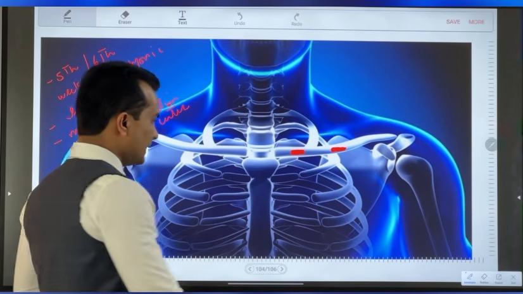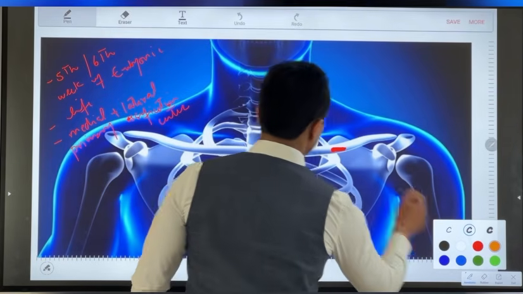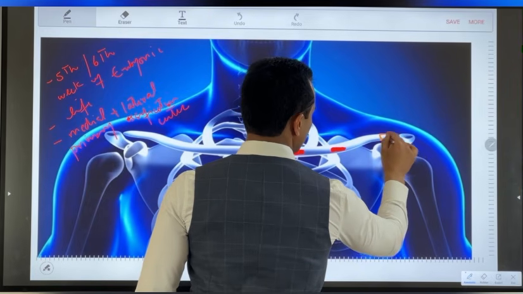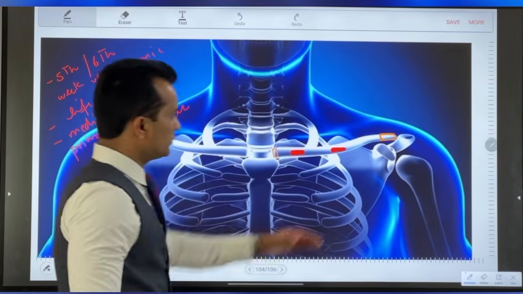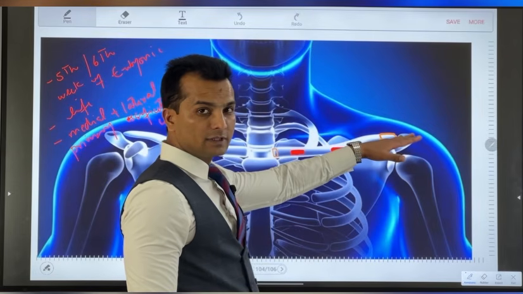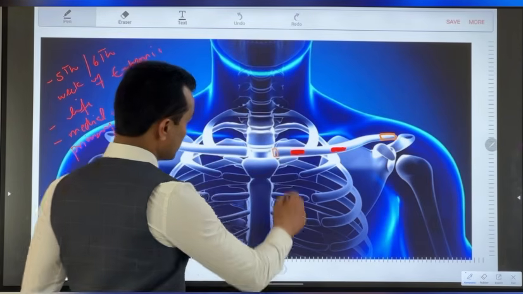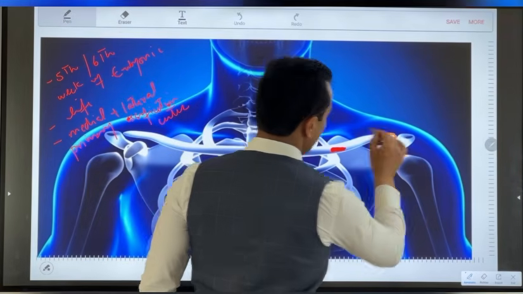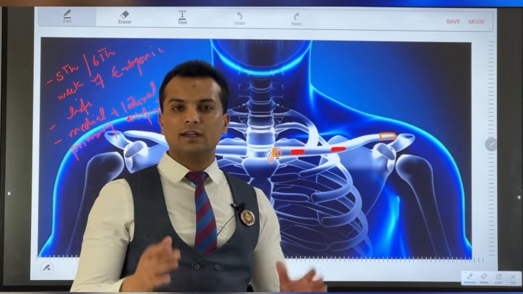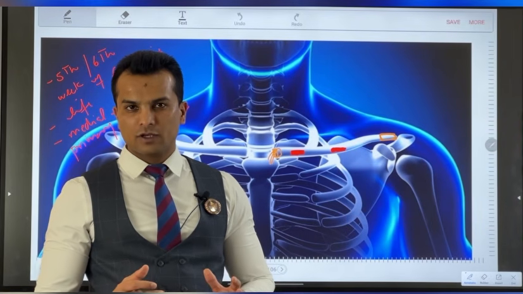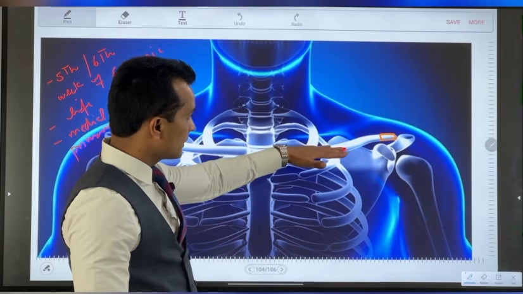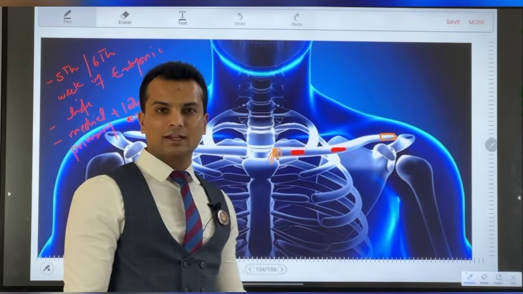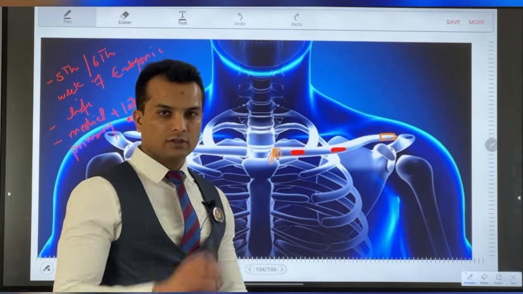The next thing, the ends of the clavicle, whether this is your sternal end or your acromial end. On the lateral side, as you can see, the clavicle is fixed with the acromion process with the help of the acromioclavicular ligament. Here it's attached with the sternum with the help of the sternoclavicular ligament. But the sternal end and the acromial end of the clavicle are ossified through endochondral ossification. So remember the difference: the shaft is through intramembranous ossification, from the medial and lateral primary ossification centers, but the ends of the clavicle undergo endochondral ossification. Very important information.